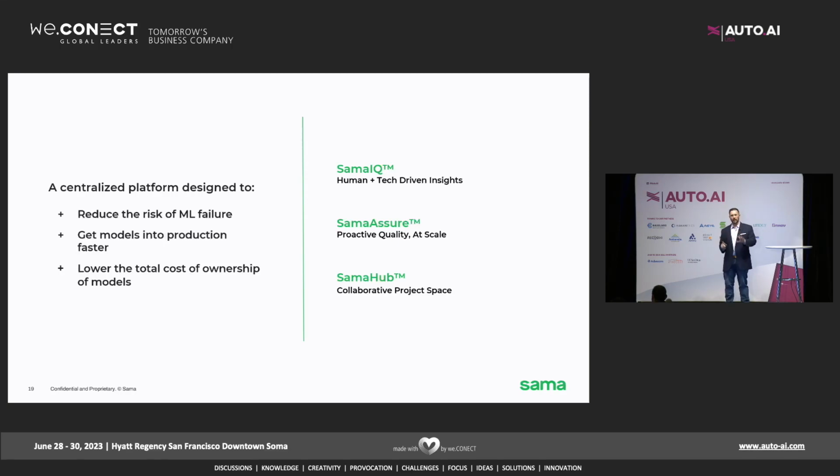So I know that I am standing between everyone and food, and it's going to be right there in just a minute. Our booth is right beside the food line, so I'm happy to take questions live, but I also don't want to stop anyone from getting some lunch. So thank you very much.